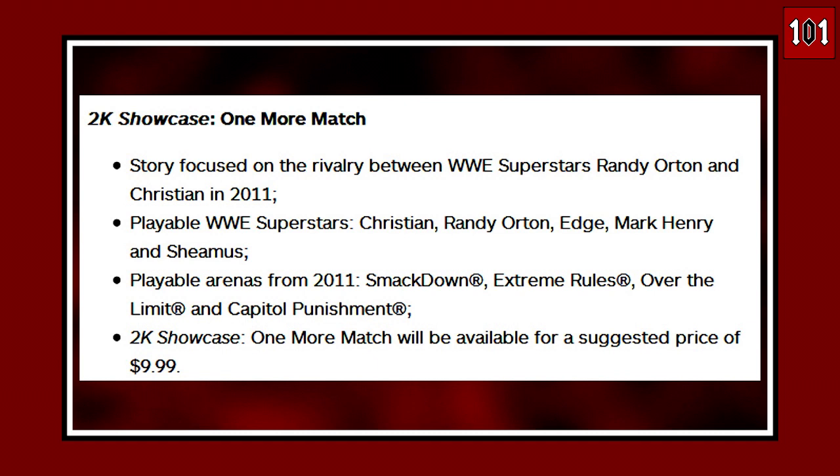The first one, as you can see on the screen now, is titled One More Match, and that is going to focus on the rivalry between Randy Orton and Christian from 2011. Playable superstars in that pack are going to contain Christian, Randy Orton, Edge, Mark Henry and Sheamus. You're going to have playable arenas from that year as well, featuring SmackDown, Extreme Rules, Over the Limit and Capital Punishment. And as you can see, that pack, if purchased separately from the Season Pass, is going to cost you